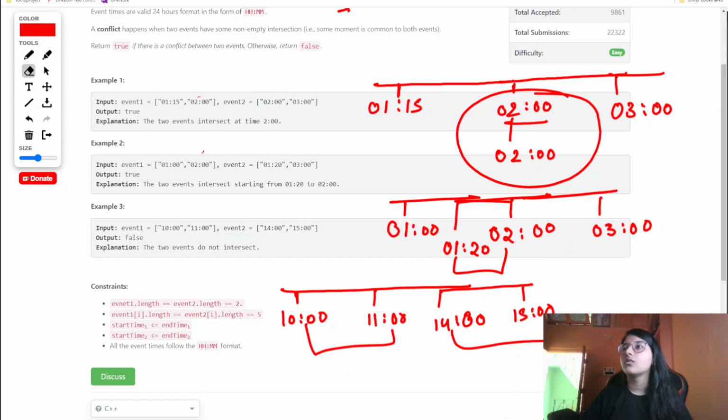So now let me draw that. Let us say event 1 and then here event 1. So E1 of 1 is basically, if it is less than E2's 0,